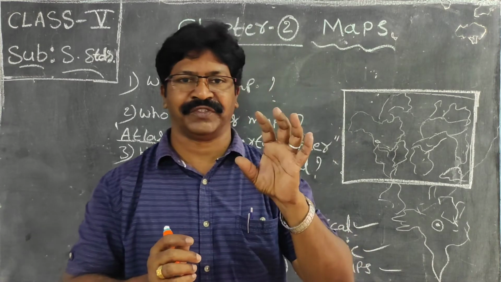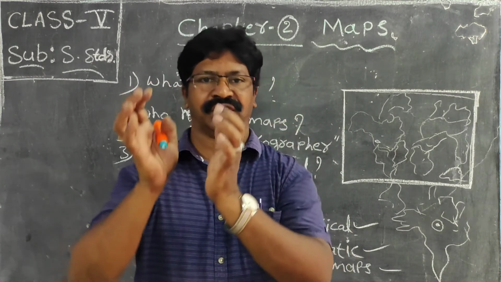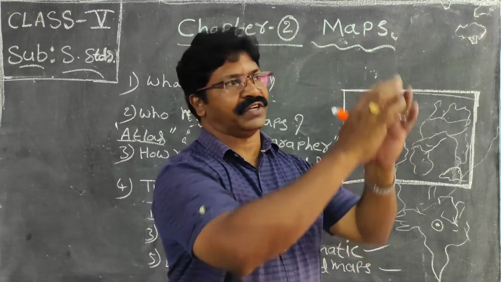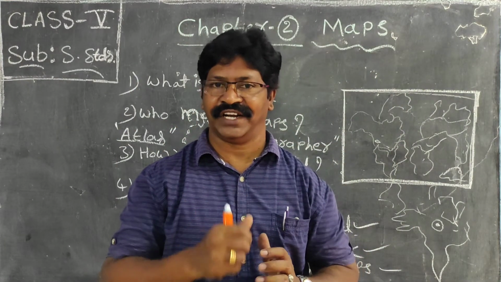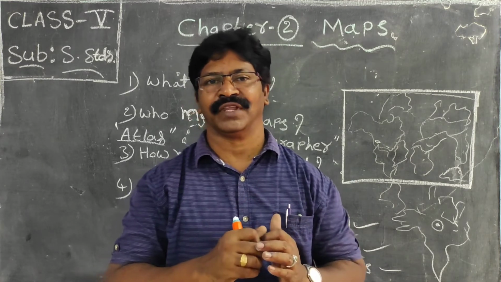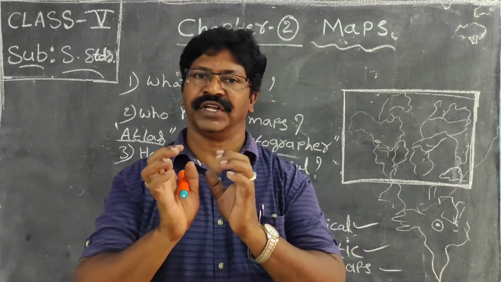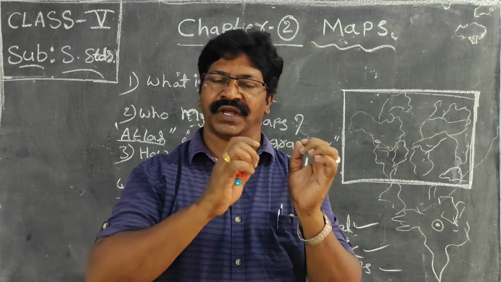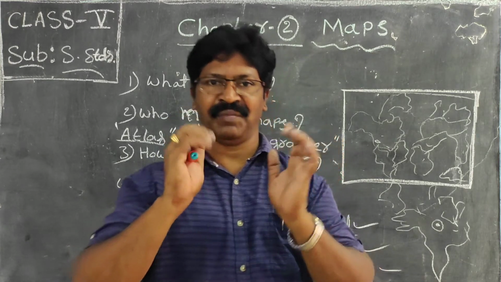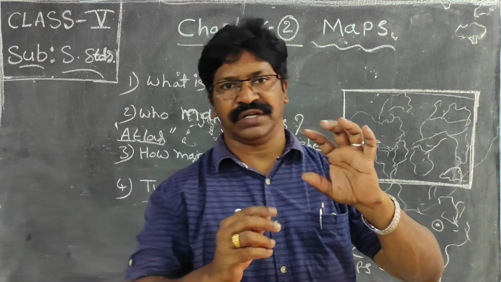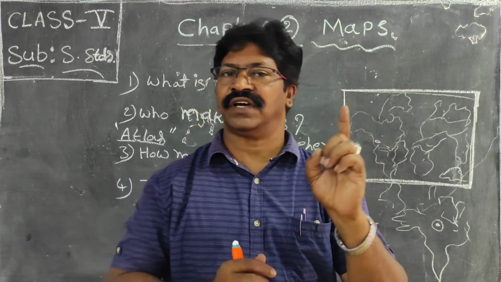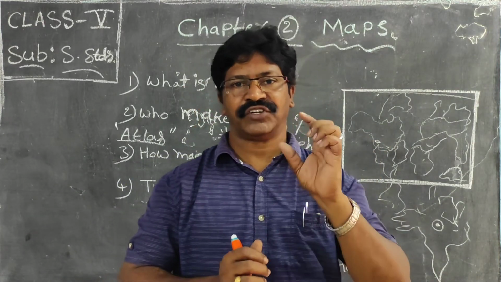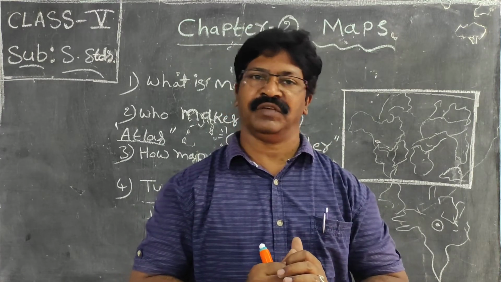And about the crops, what is the percentage of crops in India, what is the percentage of crops in other countries, in the total world, what are the details. So these will be shown: temperature, crops, what the climate is, rainfall. And about soil, what type of soil is there. So these are thematic maps. Particular information will be given in thematic maps.